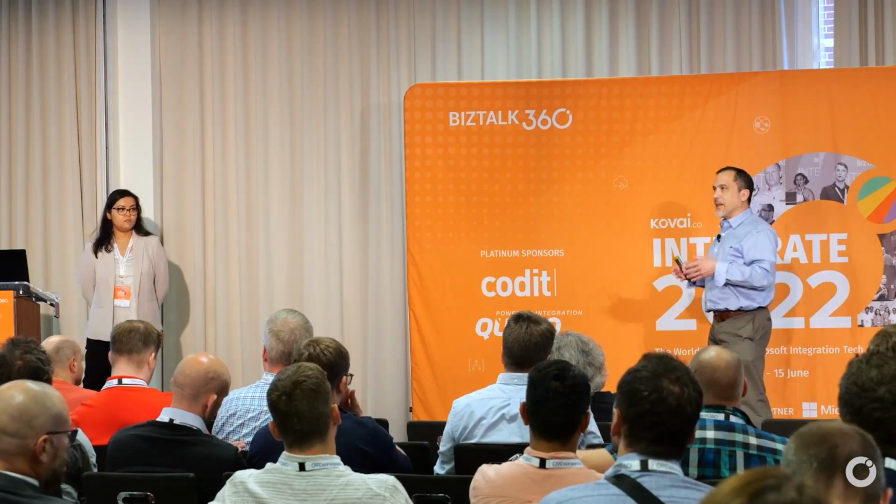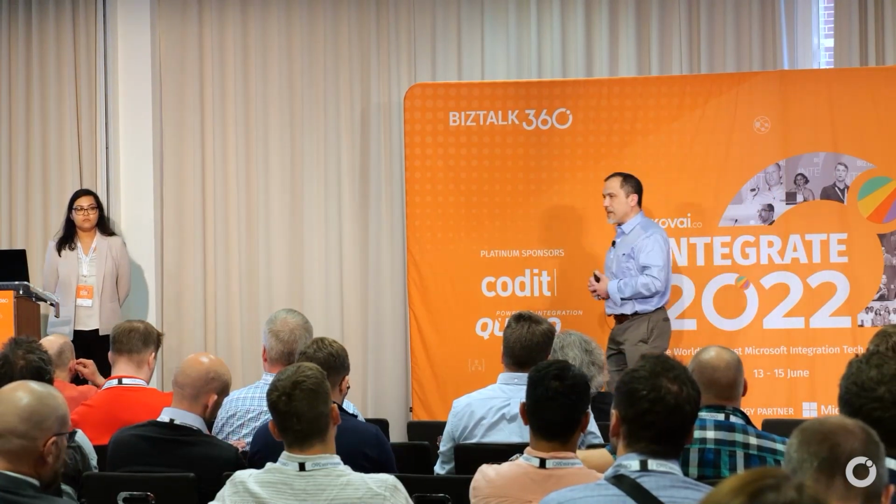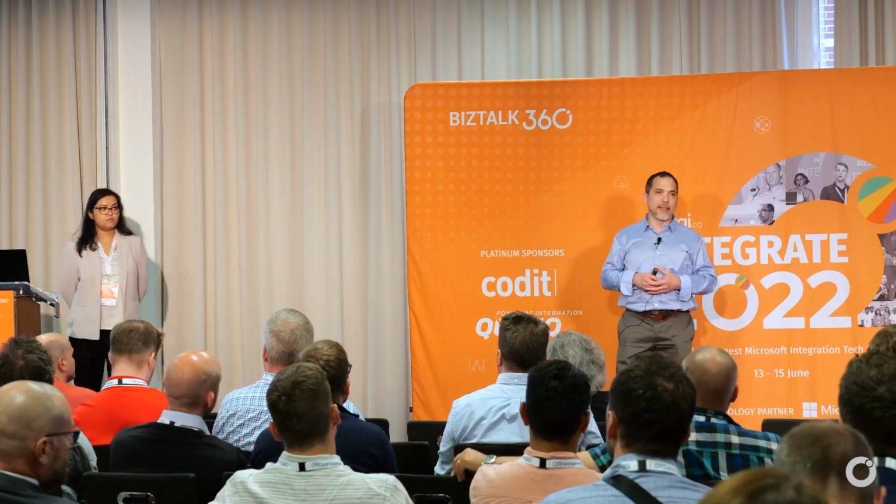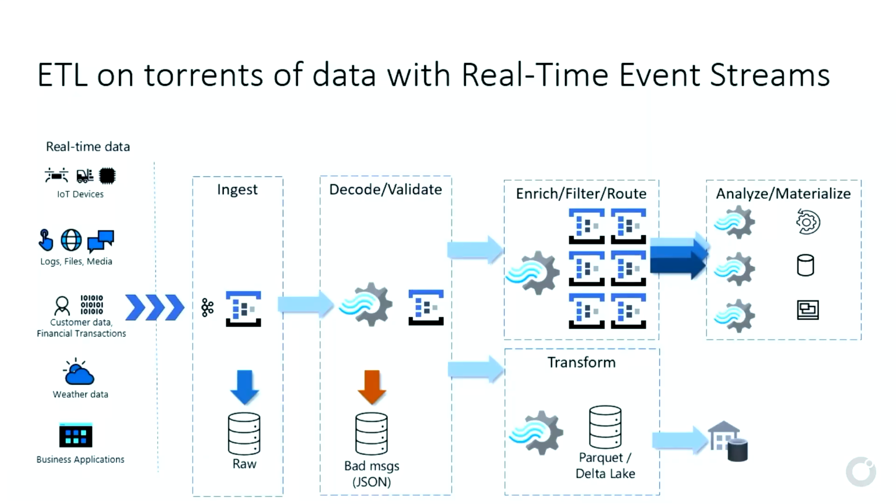You're ingesting them, and we ingest them with a broker, an event streaming broker. And then after they get ingested, you need to go and process it. So you need to go decode and validate it. The first thing you want to do is probably persist all those events. And Event Hubs has a right out of the box ability to put all that data into storage. Then you can use Stream Analytics to go ahead and validate all those entries that are coming in,